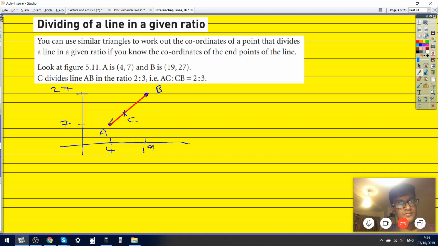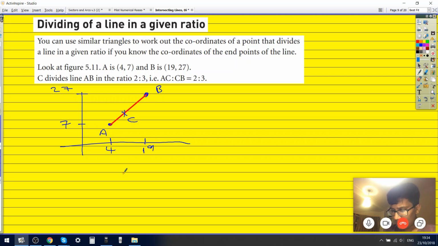So what would be 2/5 of the x? Oh, do you mean the difference? Yeah, 4 to 19. So that would be 2/5 times